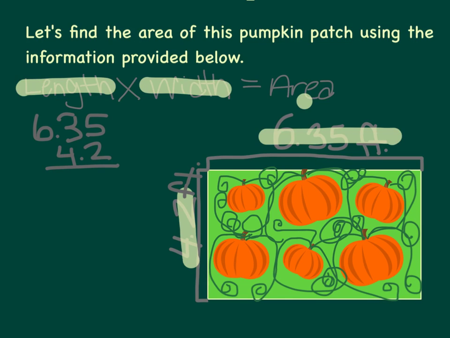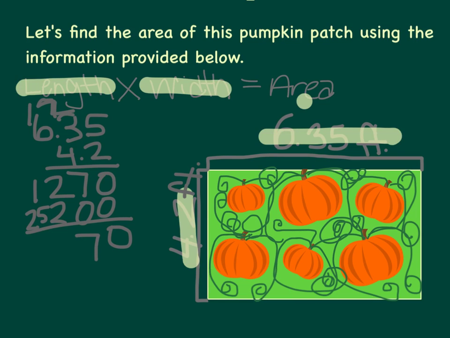And we see 2 times 5 is 10, 2 times 3 is 6, plus 1 is 7, and 2 times 6 is 12. And then 4 times, we have to put our 0 there for a placeholder. 4 times 5 is 20. And then 4 times 3 is 12, plus 2 is 14, and 4 times 6 is 24, plus 1 is 25. Now we're going to add these numbers, 0, 7,